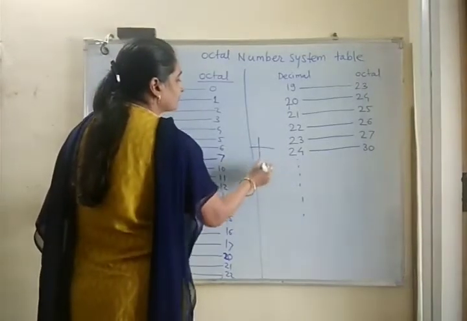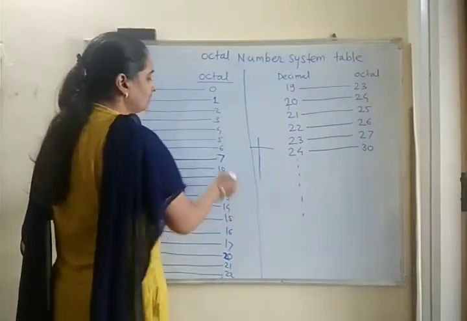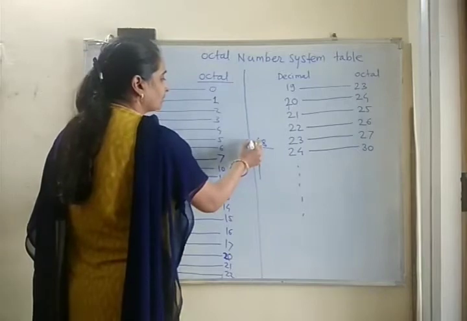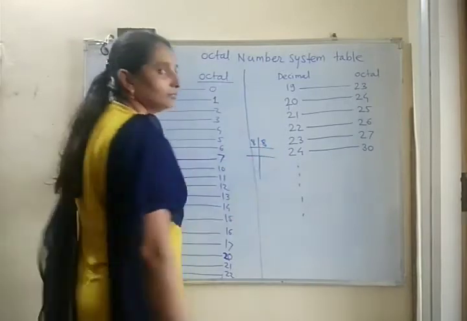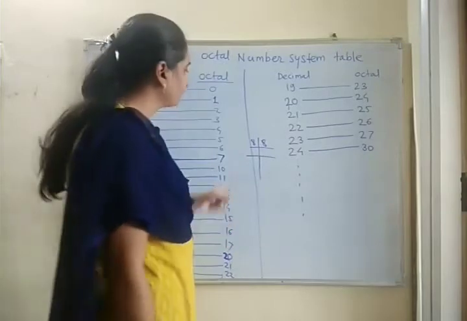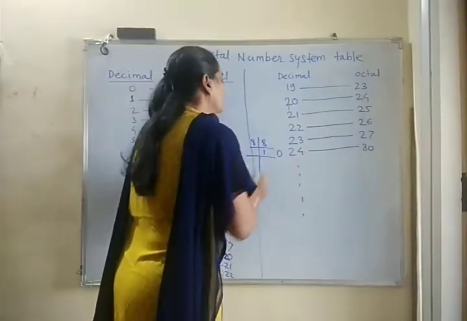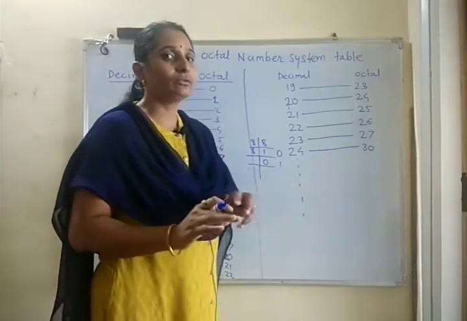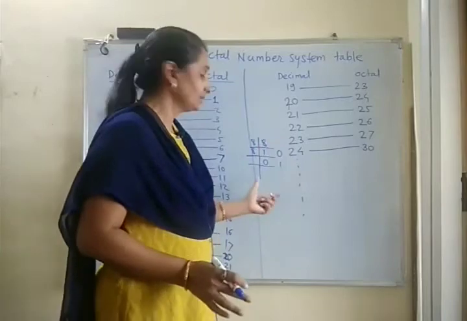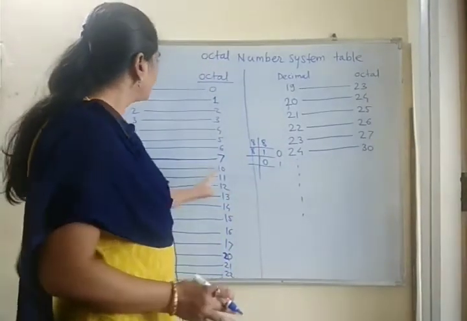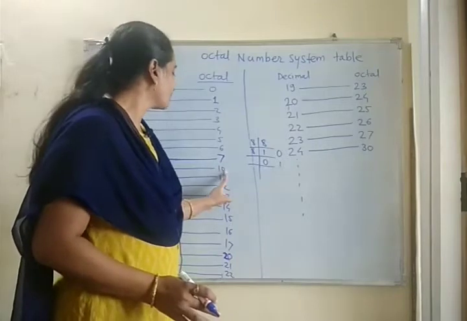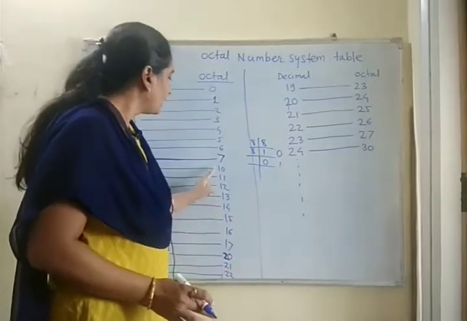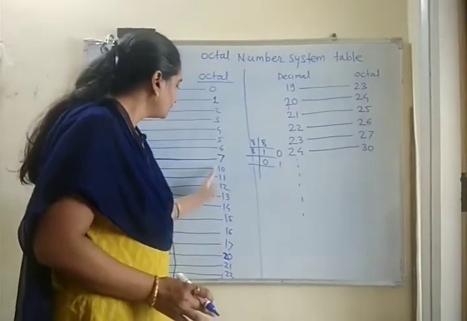When you take this divide rule, 8 is the decimal number and I want to convert it to octal, that's why I am dividing it by 8. So 8 ones are 8, remainder is 0. 8 zeros are 0, remainder is 1. Now no need to remember all these things. Just when you convert 8 into octal, just write 10. Then 9 is 11. 0 to 7 continue as they are here, and here I put 1.